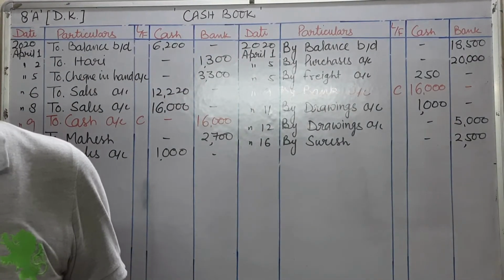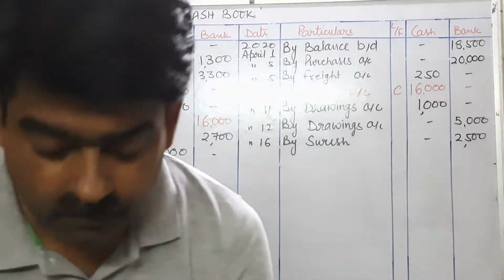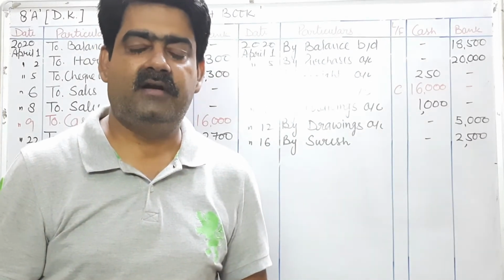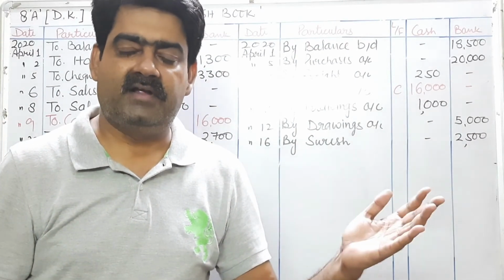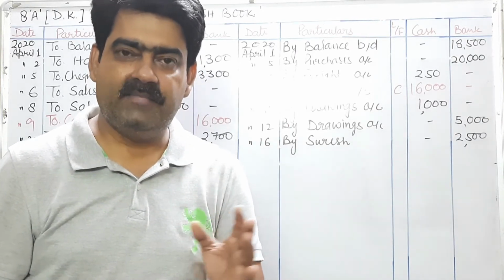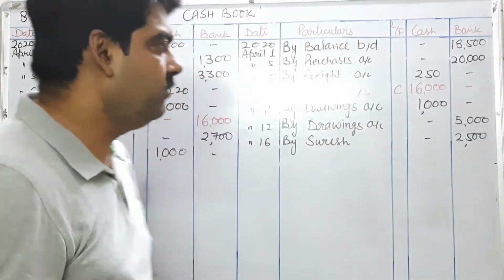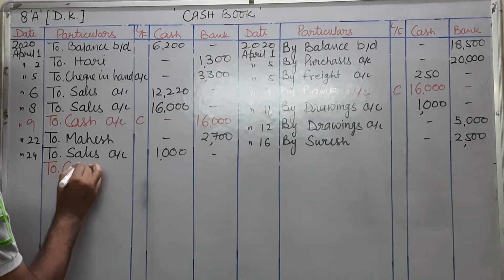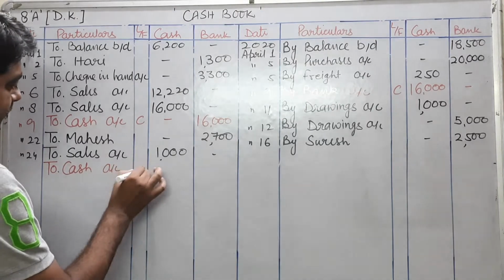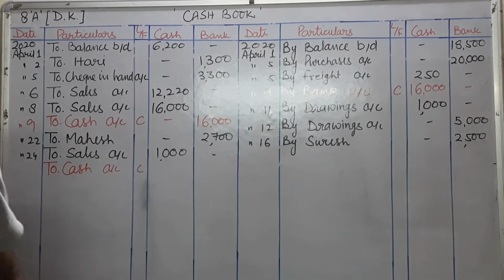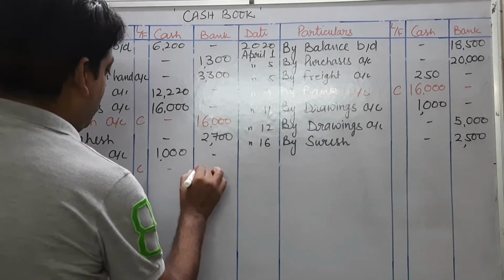Now next is on April 25, paid into bank. Once again you can see this is our contra journal and contra entry because we are depositing our cash into bank. Journal entry will be bank account debit to cash account, and treatment will come on both sides. Bank account debit to cash account, so treatment on the debit side will come to cash account. Here we will write C. 10,000 rupees will come in bank column,